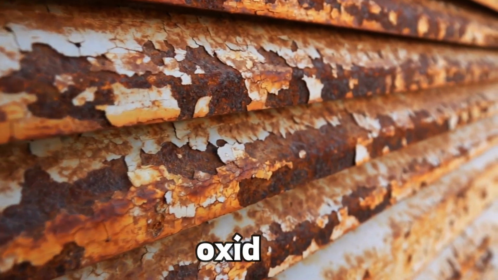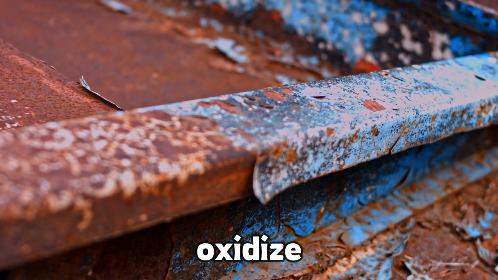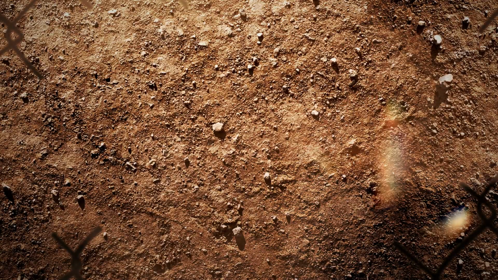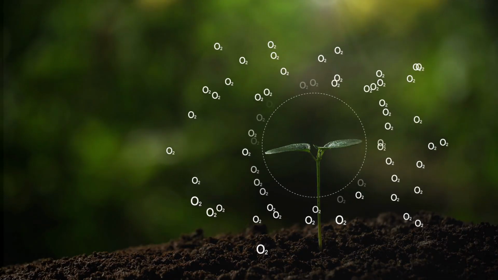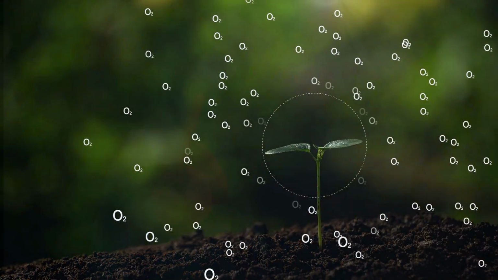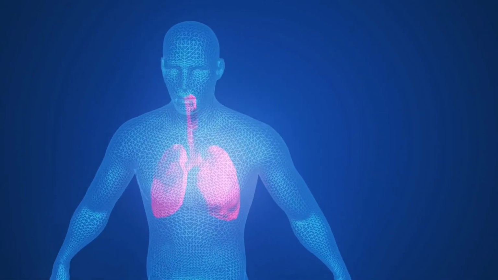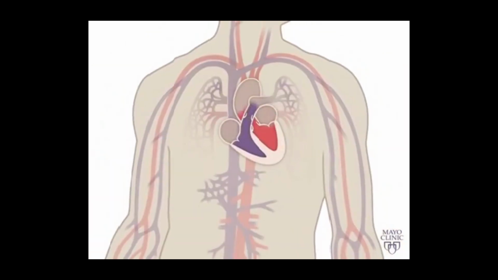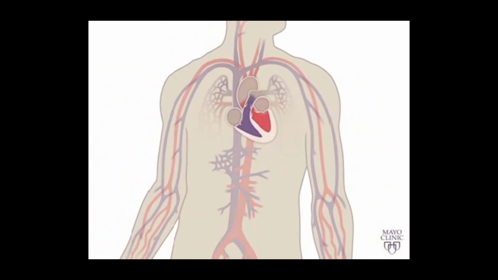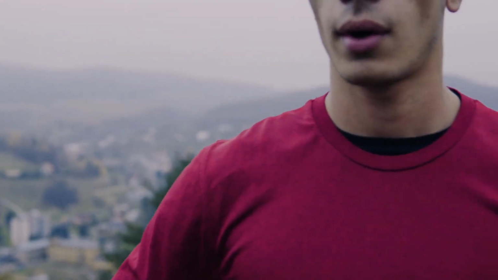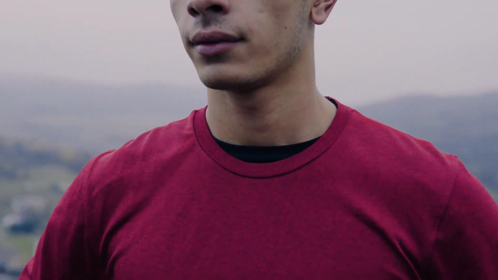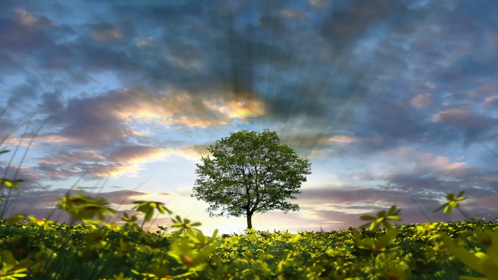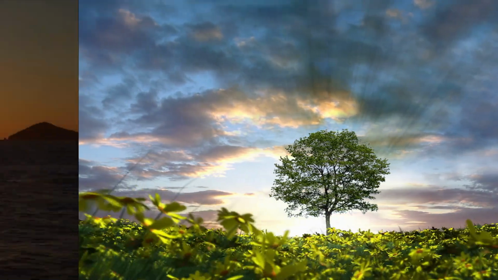Another thing that oxygen expedites is oxidizing different things, or just good old rusting. When metal rusts, because of oxygen and other elements, it's because it wants to put it back to its original form. But either way, oxygen is one of the most important elements for all of human life and every living thing. We suck in the oxygen from our lungs. The oxygen enters the blood, and the blood goes everywhere to give oxygen to all of our body parts, especially our brain. And this allows us to continue living.